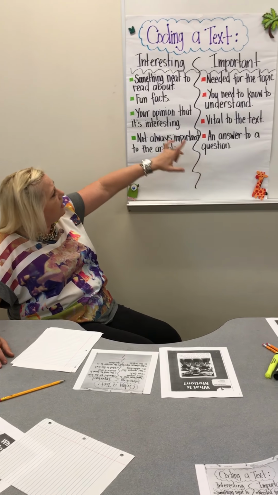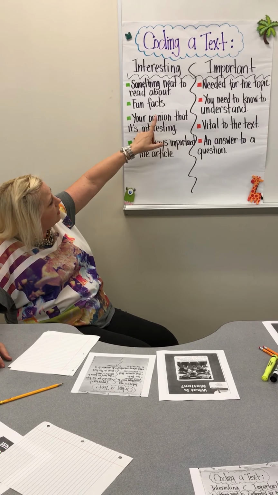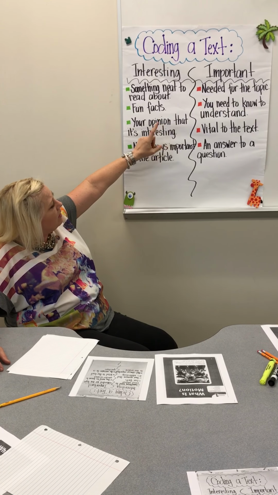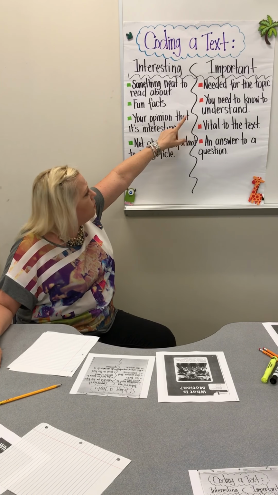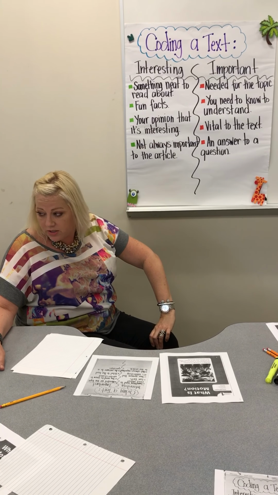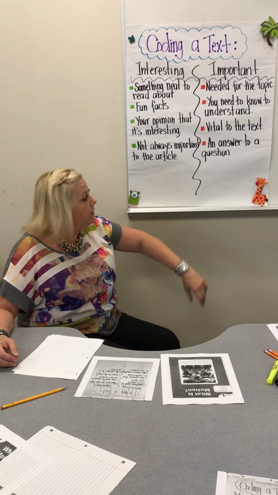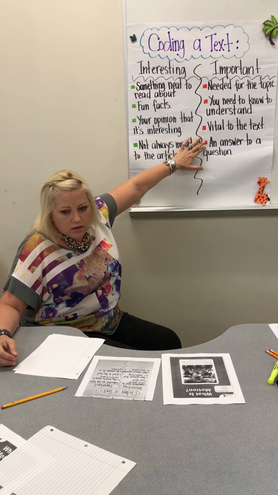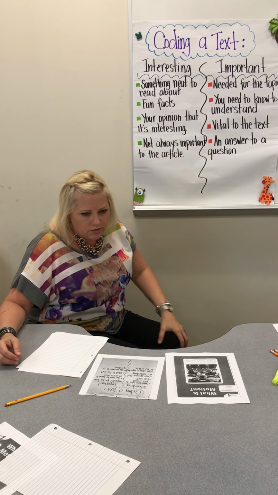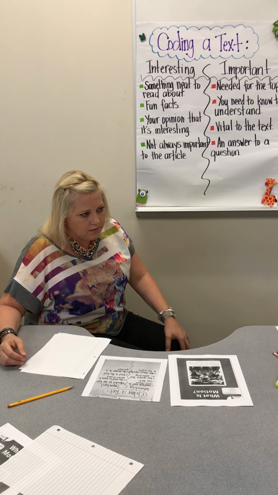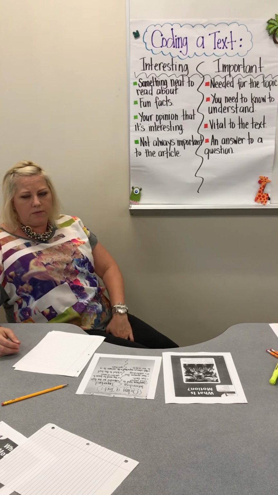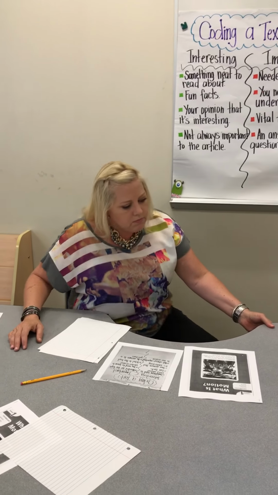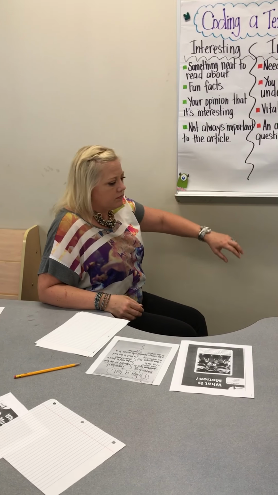Okay? And then the important things that we want to code are we need the information for the topic. We need to know the information to understand the topic or main idea. It's vital to the text, or it's something that actually answers a question for us about the text. Okay? Do you have any questions on this so far? All right. So what we're going to do is,